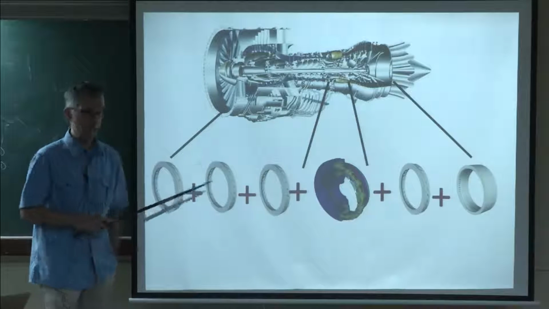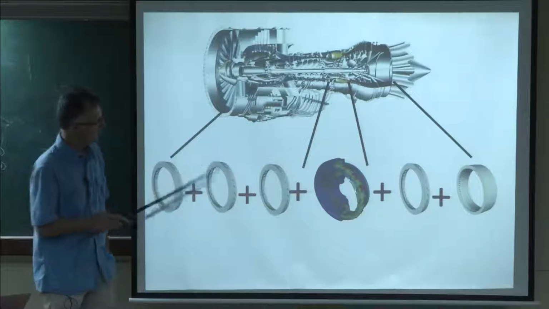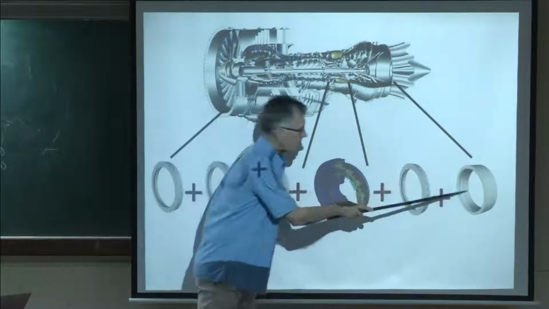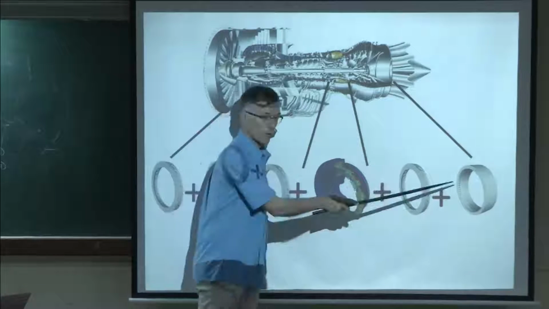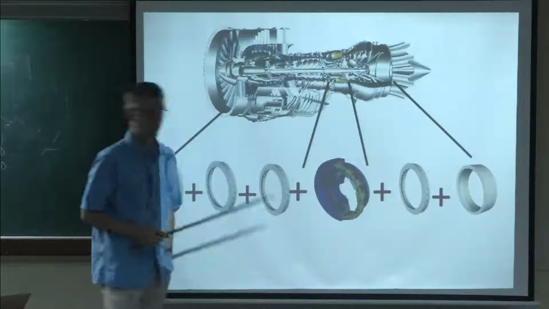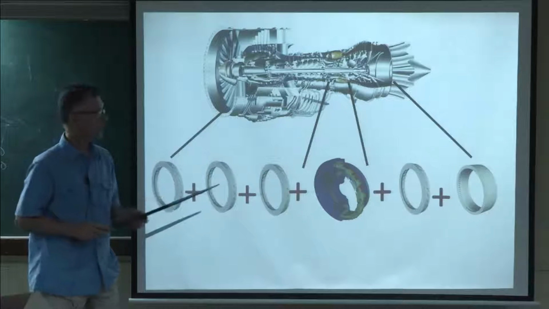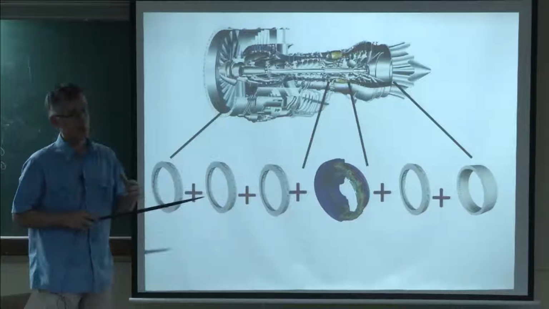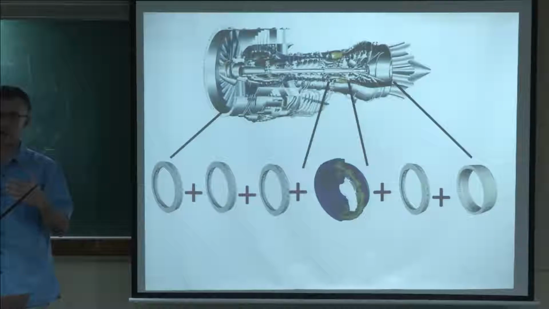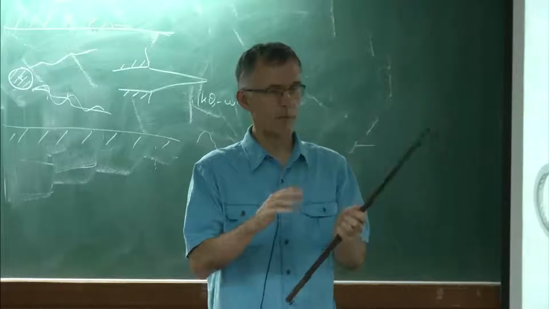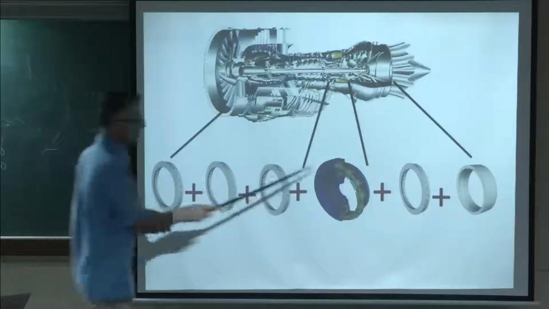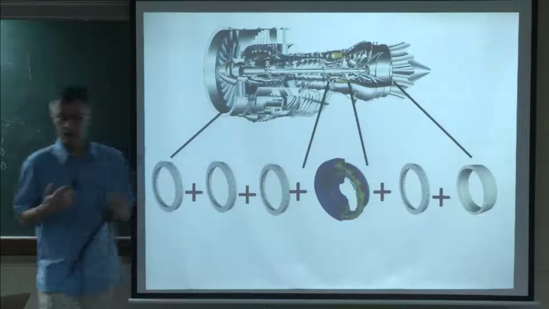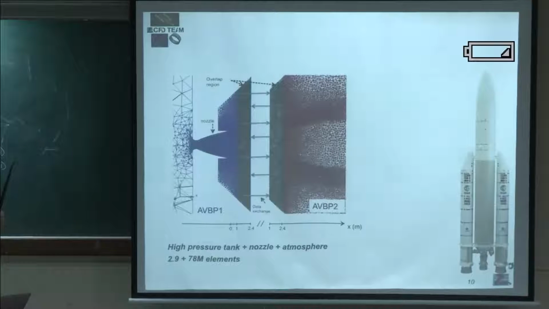This is also the same methodology we use when you do a full engine, for example. If we want to compute an engine, we're not going to make one mesh. What we do is we make one mesh for the combustion chamber, one mesh for the first stage of the turbine, another mesh for the next stage, etc. And then we couple them with OpenPalm. If you do, for example, a 10 billion points mesh, it's much better to do 10 times 1 billion and assemble them. Today, most mesh generator systems will allow you to do 1 billion points, but not 10 billion. You can even run them first, and then when they are ready, you assemble them with OpenPalm. That's a very interesting feature when you want to do this kind of simulation.